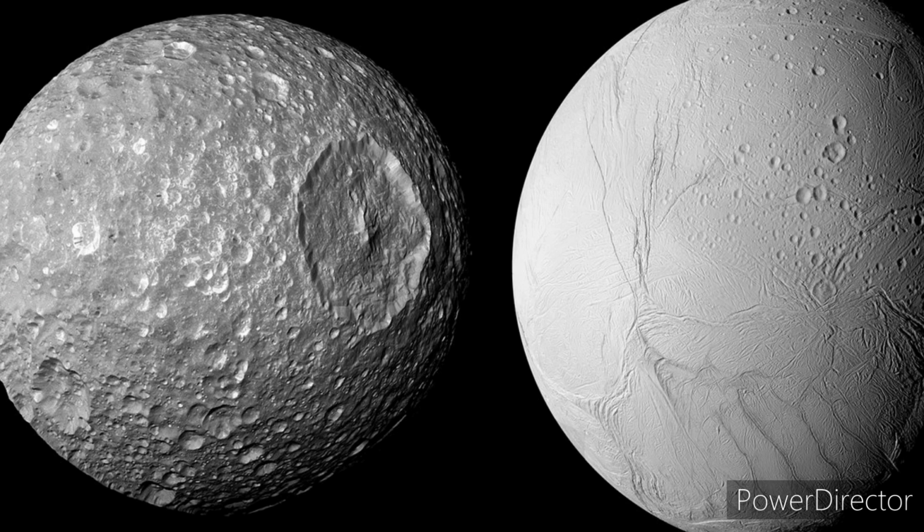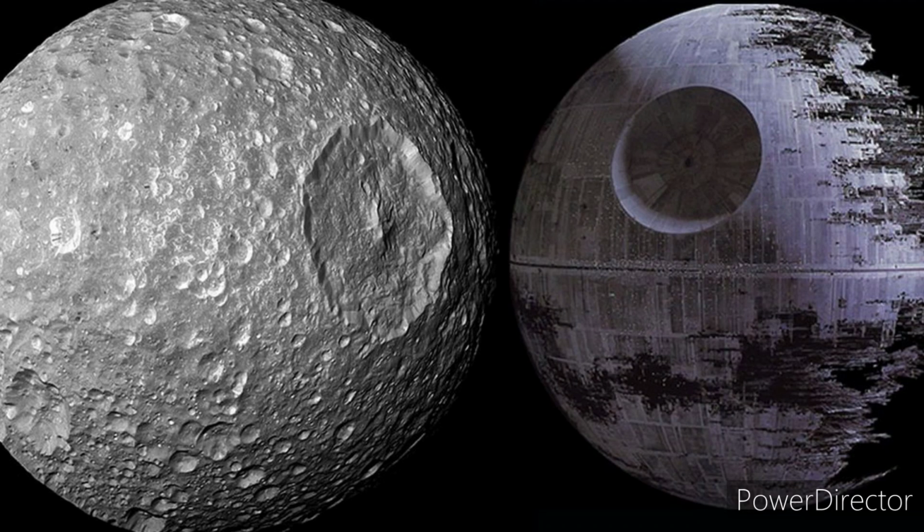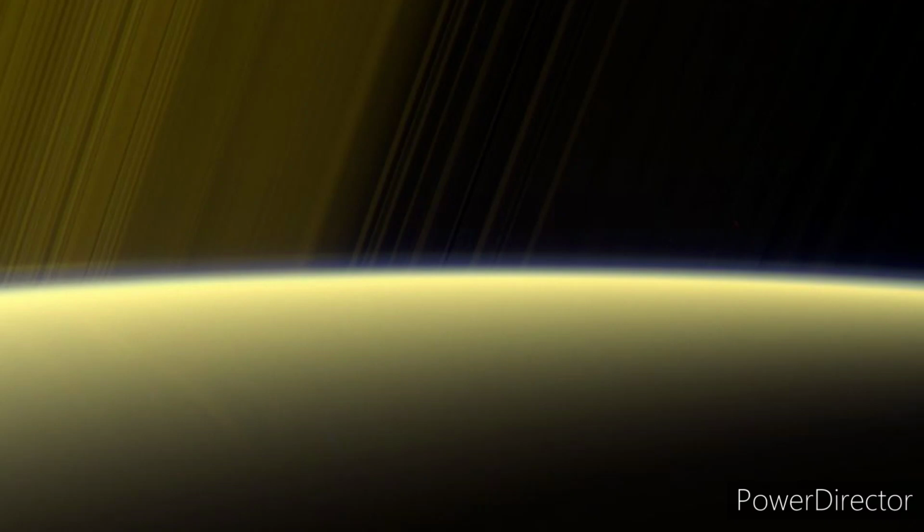And Saturn's moon is named Mimas, M-I-M-A-S. And the moon has a crater in the middle. That's no moon. Oh wait, it is. Saturn's moon Mimas, aka the Death Star, has an 80-mile wide Herschel crater that makes it resemble the Imperial Battle Station. Yes, as you can tell, Mimas, right down on the left, looks like the Death Star from the Star Wars franchise, which is actually insane. If you look here, this is the atmosphere of Saturn,